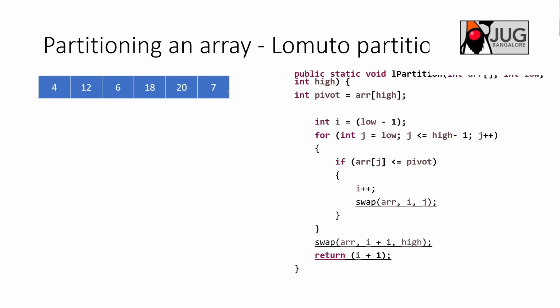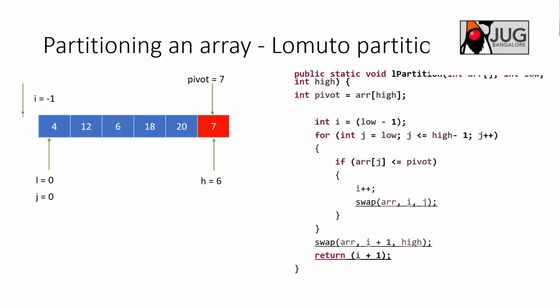So what you do is you start with the first element. There are a few things you declare here, which I will explain. You start with pivot as 7. So i is at the minus 1th element, just for declaration purposes. Your low is at the 0th position, which is what you have passed here. And I am starting j from the low element, which is from 0. Your pivot is nothing but your last element, array of high. High is 6, so pivot is 7 here.